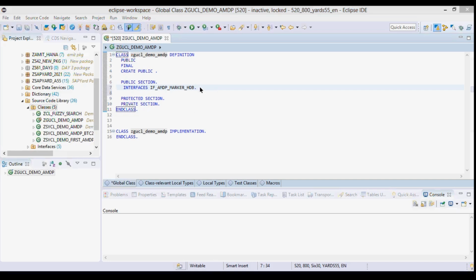This is the first prerequisite, wherein I am marking my class with this marker interface.